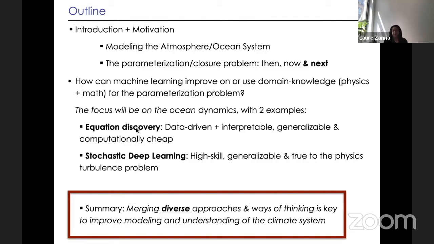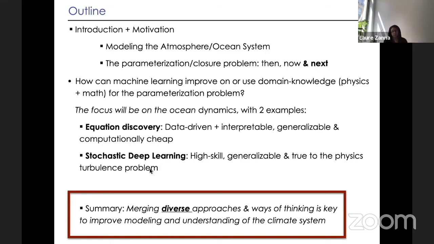The second approach, and that was basically led by Tom Bolton when he was a PhD student, is using deep learning, so convolutional neural networks, which are a little bit more black box, but here we're trying to be more truthful to the physics, in the sense that turbulent processes are not deterministic. You don't have one value of the turbulence for one value of your large scale flow. You actually have something that is not deterministic. So here we're going to modify the neural nets so that we predict both a mean value for that missing forcing, but also a standard deviation. So we're basically going to try to capture this randomness, if you wish, of the turbulent processes as we go.